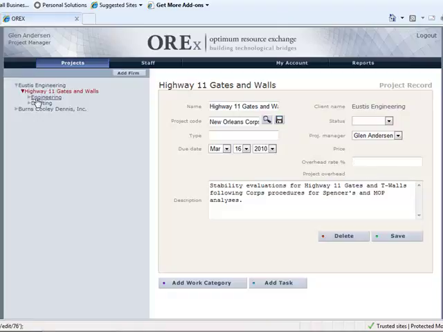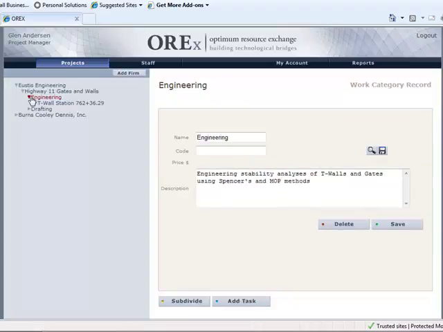At the third level of the breakdown, we have the option of adding a work category or defining a task. Since this project has more than one type of work being managed, engineering and drafting, we have chosen to use two work categories. We can add as many work categories as we see fit. At the fourth level, and at any level below that, we have the option of continuing to subdivide the project